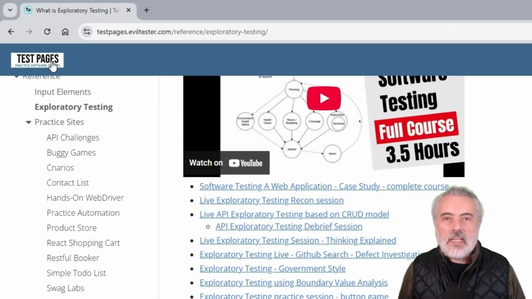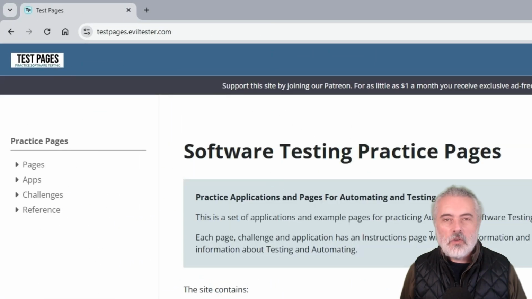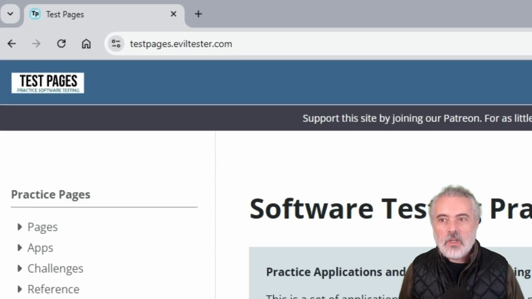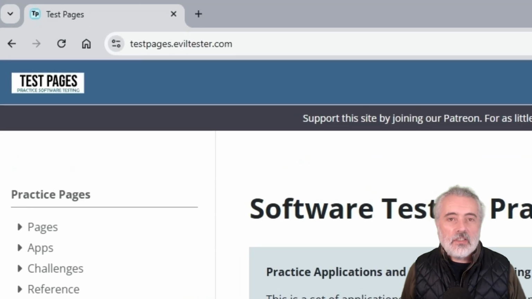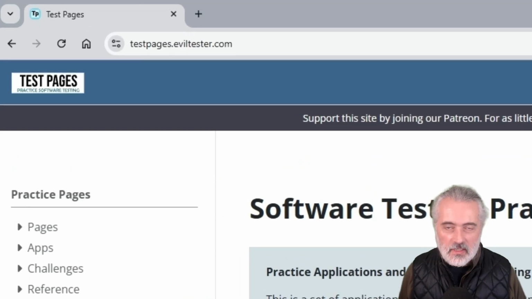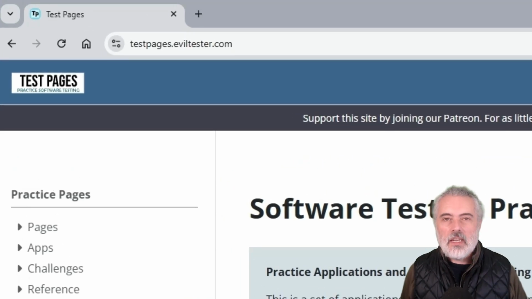So if you want to practice your testing, head over to testpages.eviltester.com, start working through the pages, the applications, the challenges, and learn more by reading the references. testpages.eviltester.com